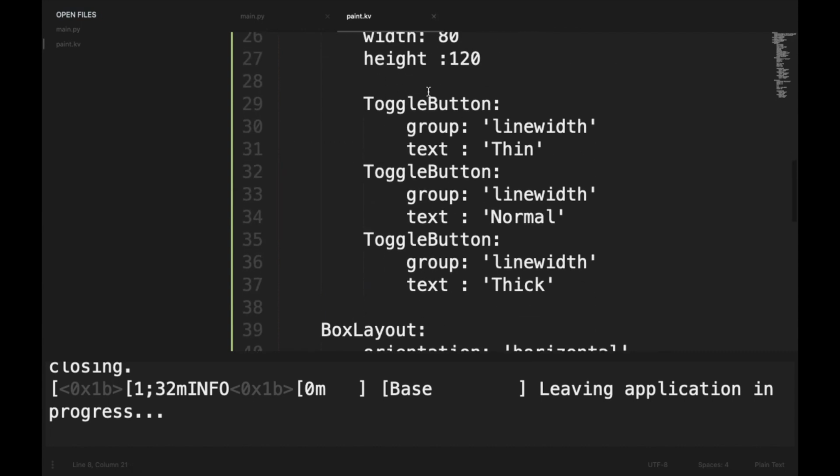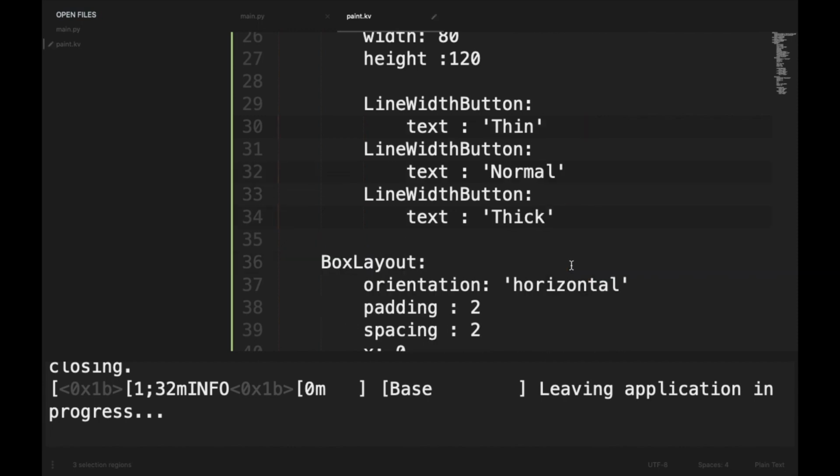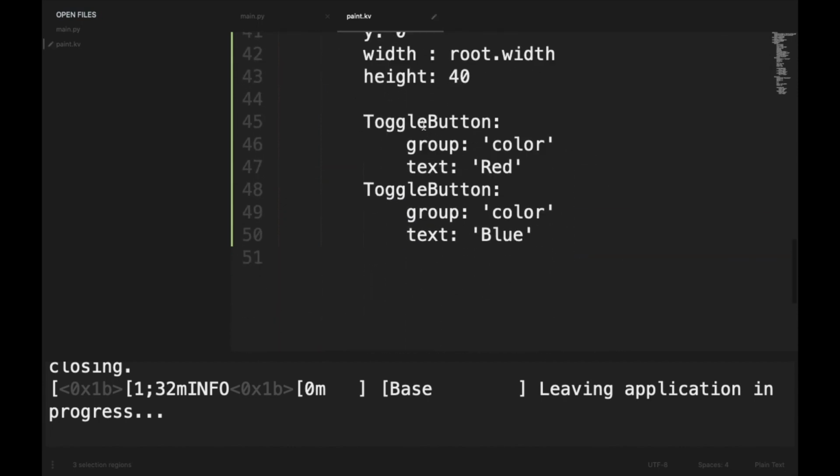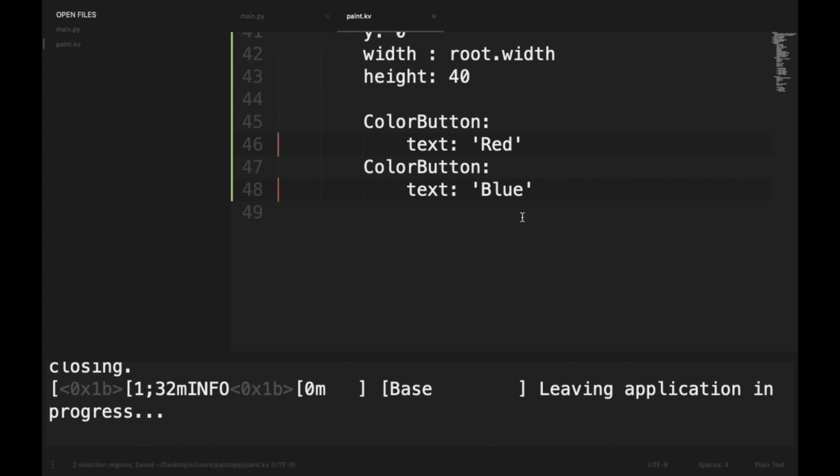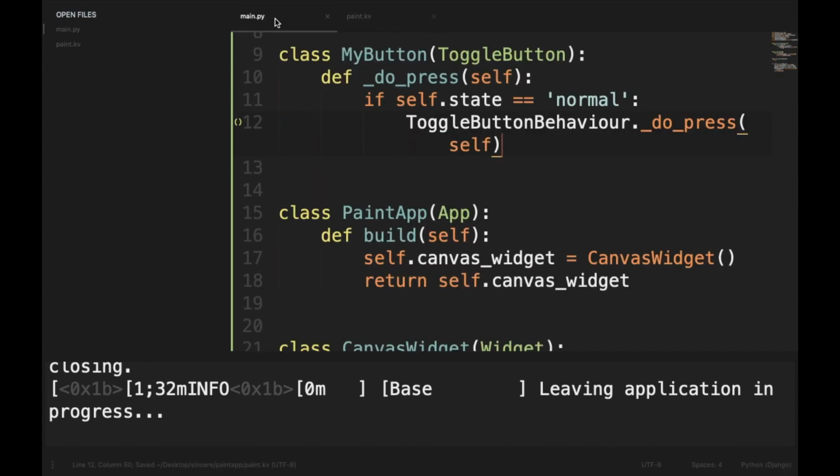So down here this toggle button would be LineWidthButton, and we can delete these three lines. Similarly here the toggle button would be ColorButton, and we can delete these two lines,